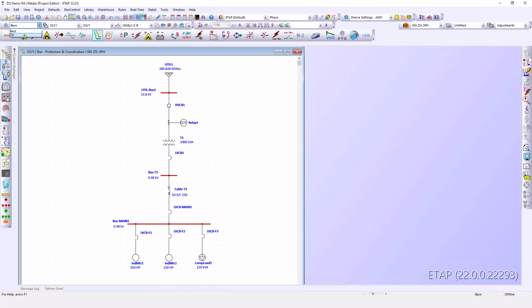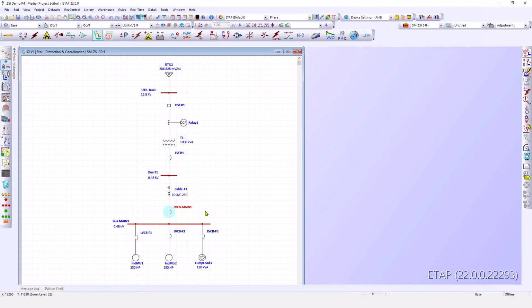In the ZSI revision, we have the ZSI settings enabled and the wiring schemes implemented, so it is ready for demonstration for protection coordination studies. But before we go to the ZSI revision, let's take a look in base at how we can enable the ZSI setting for this specific